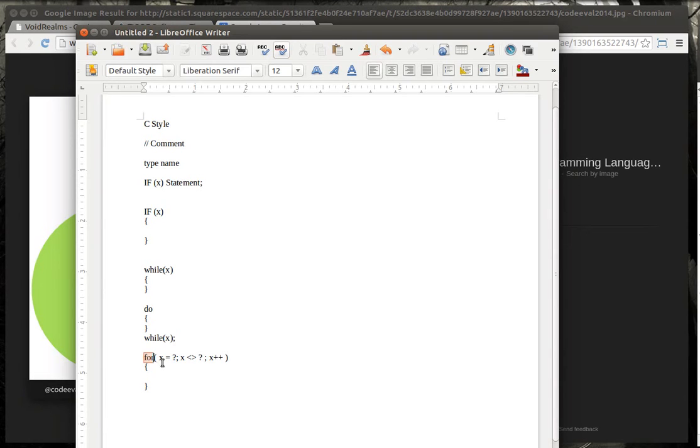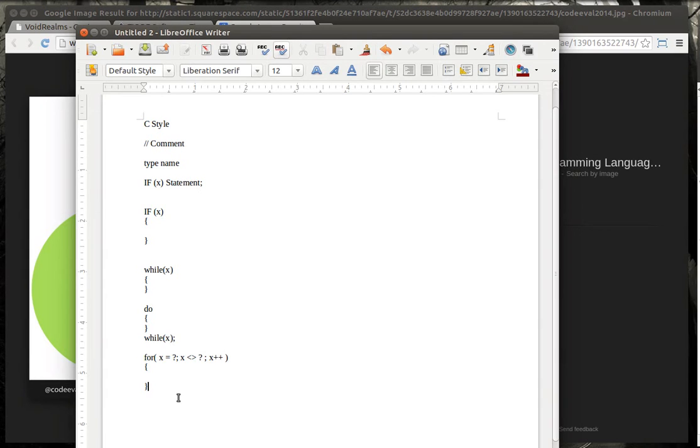You're just going to say for, and then some variable, because it's going to change, equals some value. And then you're going to evaluate it. This is basically an if statement up here. X is greater than, less than, equal to some other value. And at which point you're just going to increment and move on to the next one. So it's going to keep executing this scope over and over and over until that condition is no longer true.